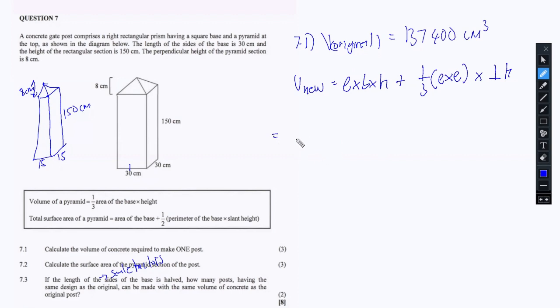Okay, so our length is now 15, and our breadth is 15, our height still 150, and then plus 1/3 times length, now 15, times 15, times the perpendicular height, still 8. Now when you punch all that into your calculator,